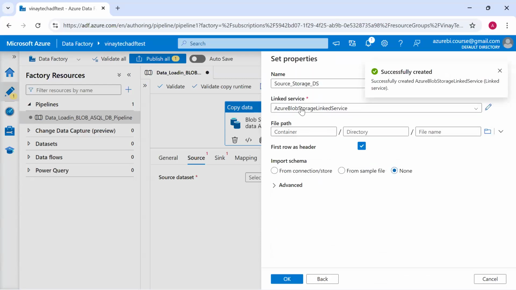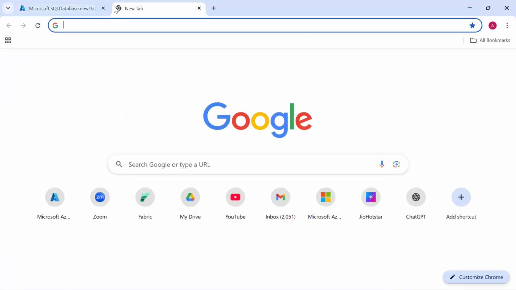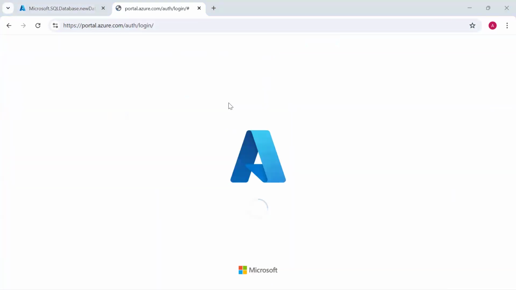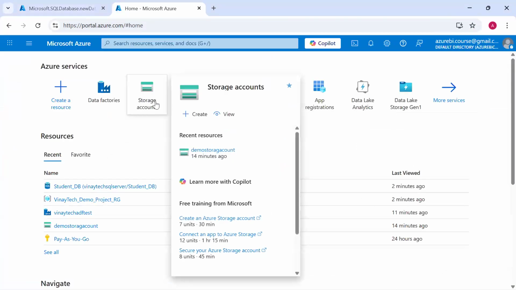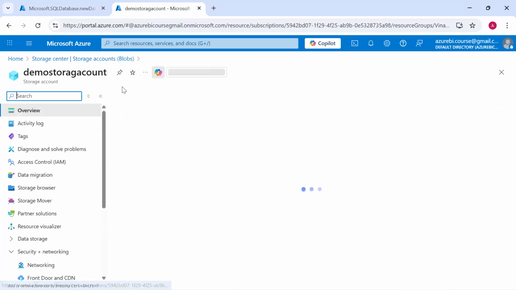So see here. Under the storage account, I created one storage account. If you observe, where is that storage account? The demo storage account is created.